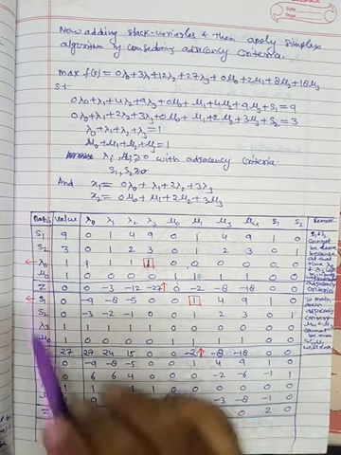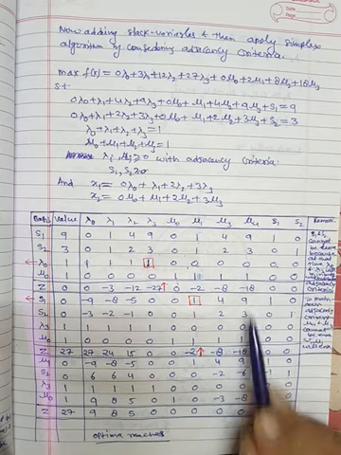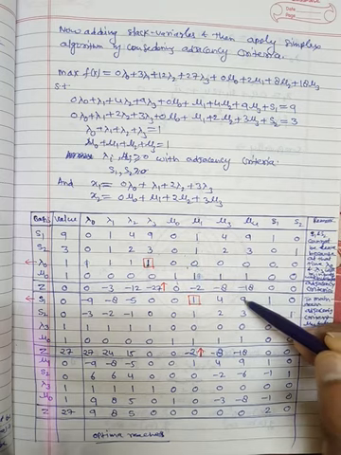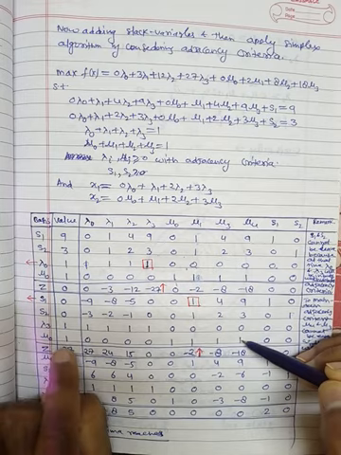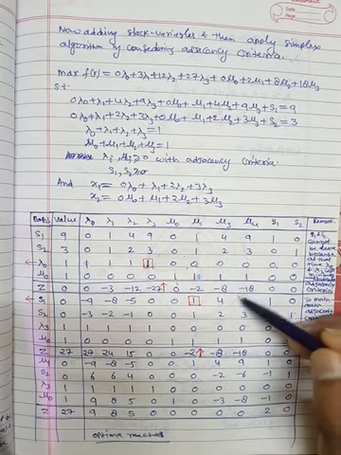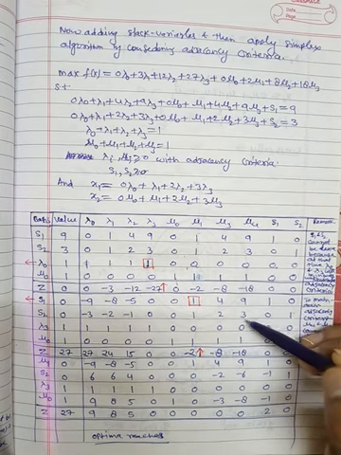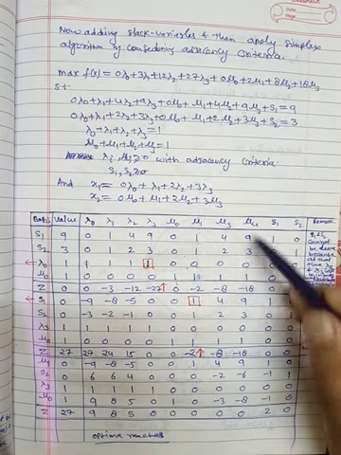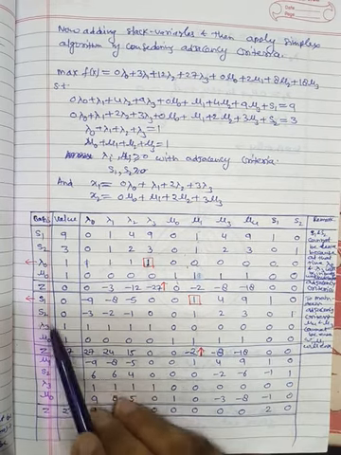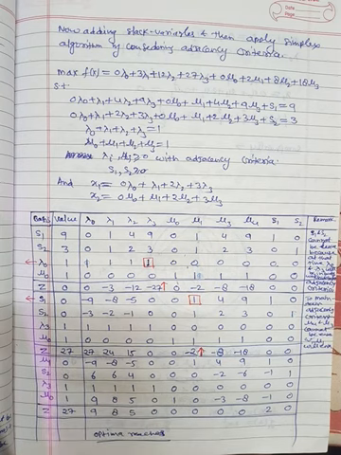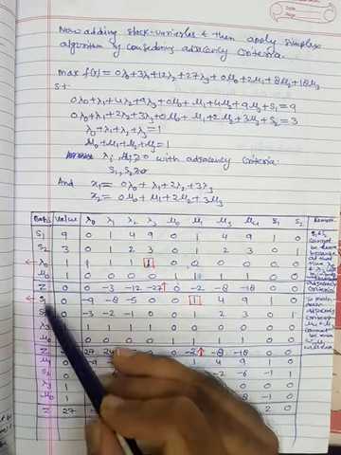Fine. Here the most negative value is -18. If you enter this, the minimum ratio will be either this, this or this. So 9 from here, 0 from here, 1 from here. That means the minimum ratio will come either from here or here. If you select this mu4, mu4 will come at either this place or this place. But the minimum ratio is associated with 0 and 0, so that's why we get only two places, here and here.